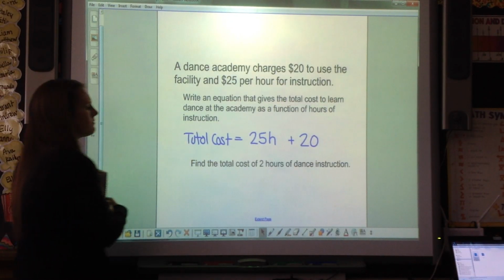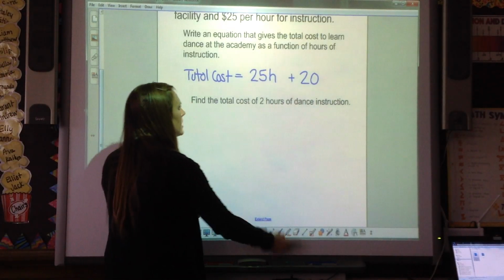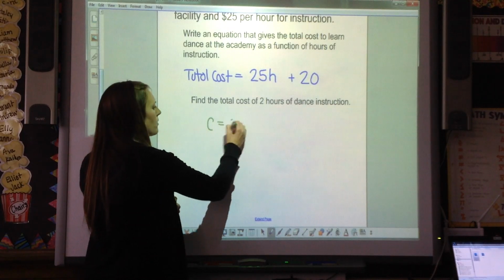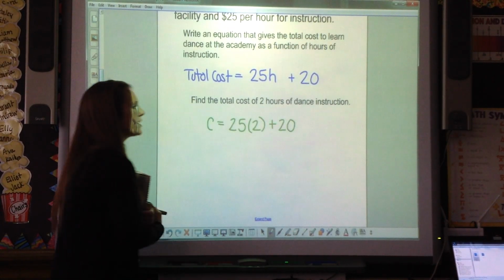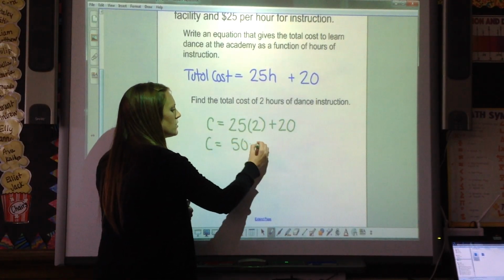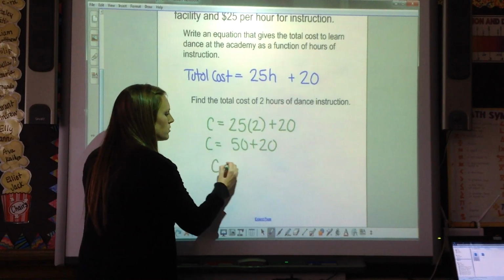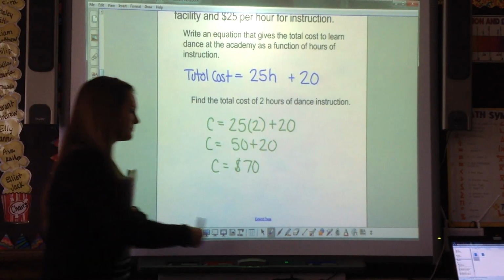Okay, next thing. Find the total cost of 2 hours of dance instruction. So they're telling us that we went to dance class for 2 hours. We want to know how much the total cost was. So you would use order of operations. The total cost would be $70. Make sure you write